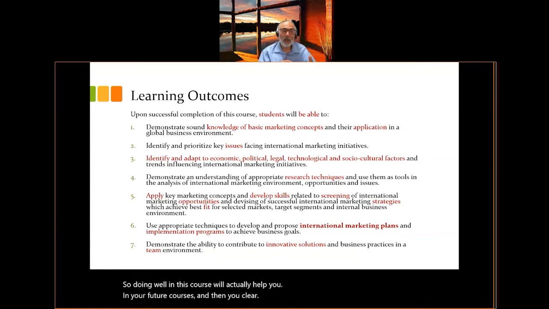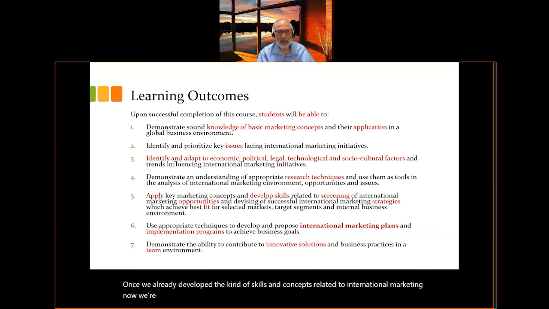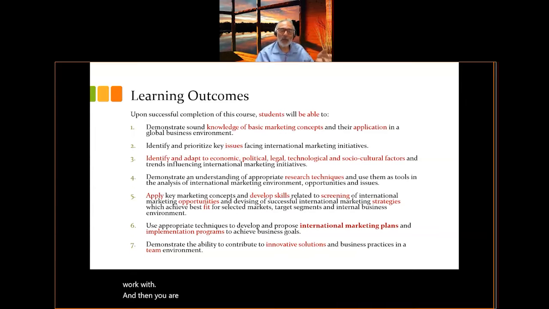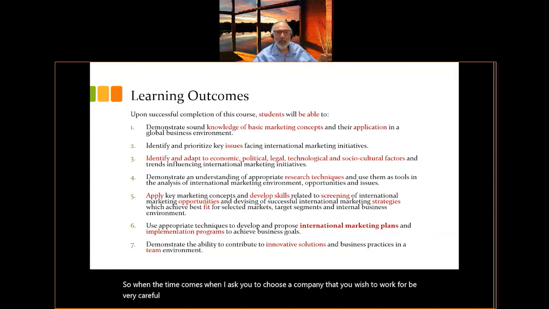Once we already developed the kind of skills and concepts related to international marketing, now we're going to try to apply these. So you're going to choose a company that you want to work with. And then you're going to try to identify opportunities and challenges facing this company, and then develop an international marketing plan for that company. So when the time comes, when I ask you to choose a company that you wish to work for, be very careful and choose a good company, because you will end up doing a lot of